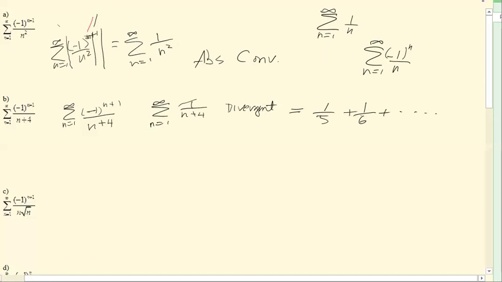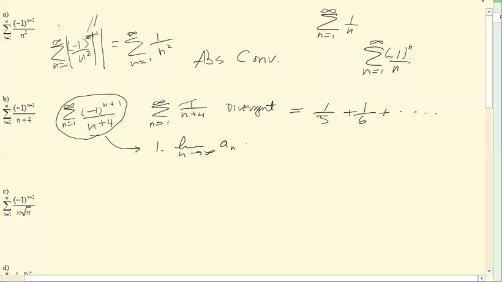It's still going to be divergent. Just without those first 4 terms, it doesn't change it. So that's divergent. However, if you look at this series as an alternating series, we see that number 1, the limit